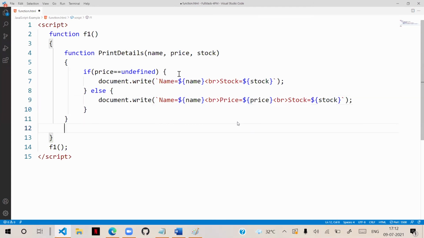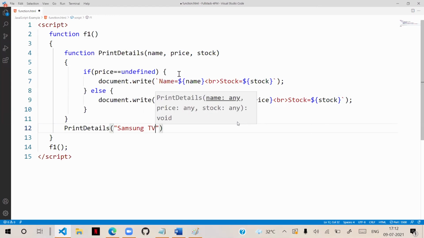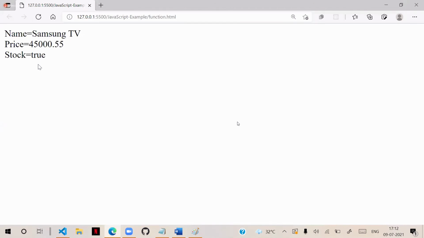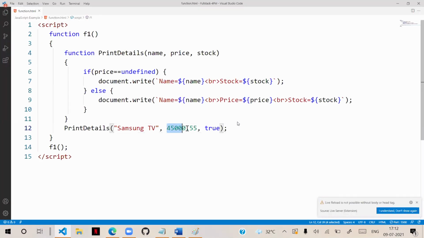Now when I access print details, in that I am passing some Samsung TV, okay? And I am passing some price, okay? Then stock is true. That is okay. Now you can see that it is printing the details. If I am not passing the price,